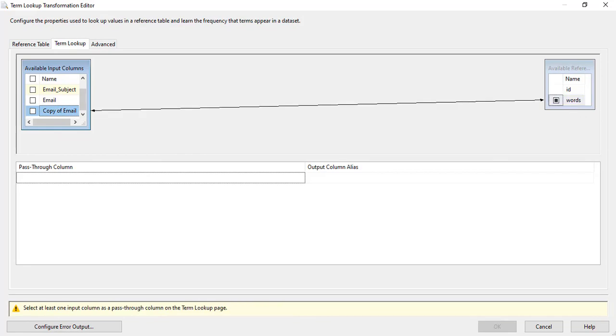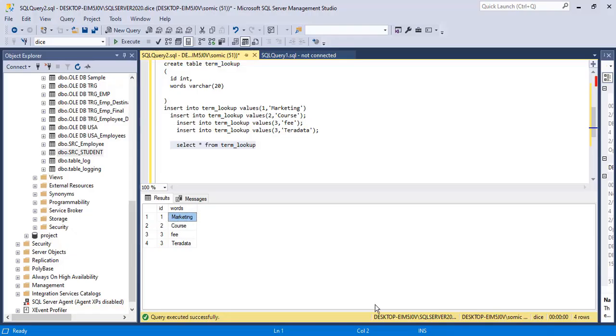So these words will be searched in the email. At the end I'm going to have 2 extra columns: one is the term and the other one is the count of these words. For example, this marketing is occurring 3 times, so I'm going to get the term value and the count value.